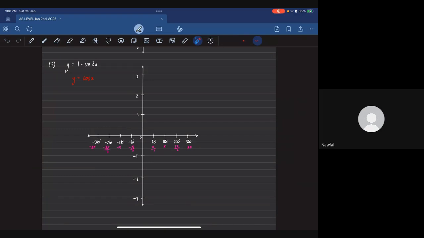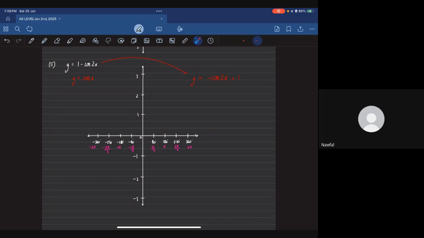So first of all, to make it easier to understand, I can write it as y is equal to minus cos 2x plus 1, because we are more accustomed to seeing the variable beginning the equation. Keeping this in mind,